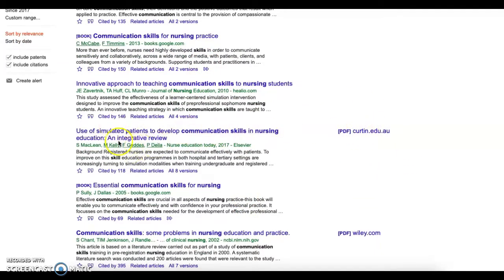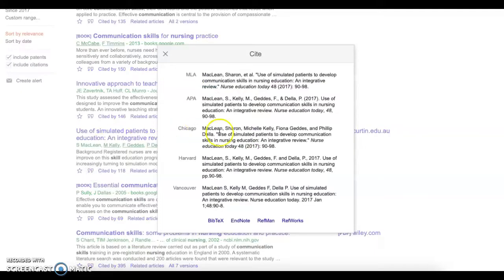So in order to find the DOI of this article, the use of simulated patients to develop communication skills in nursing education, of course the APA reference will be here. Most of the time this is going to be 6th edition references, so be careful with that. There might be some changes you need to look at in APA Style 7 to 6. So one of the changes in APA that you need to make sure to change for the 7th edition when you're copying and pasting